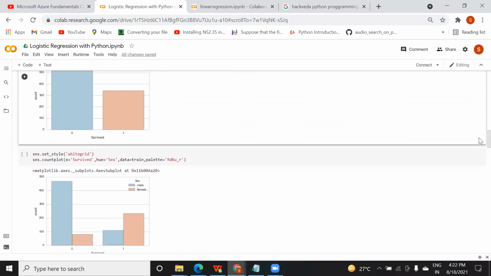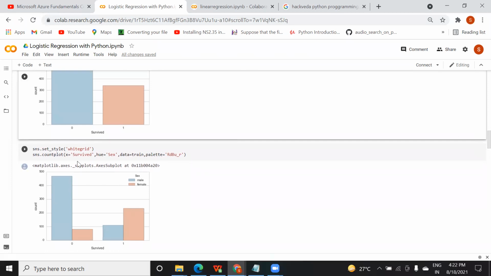Okay, next thing, you wanted to check how many people lived and died based on their gender. How can you do that? Similar thing, just need to add hue as a secondary column, where sex is gender, and based on that you are checking, among those who died, how many are male and how many are female, and among those who lived, how many are male and how many are female.